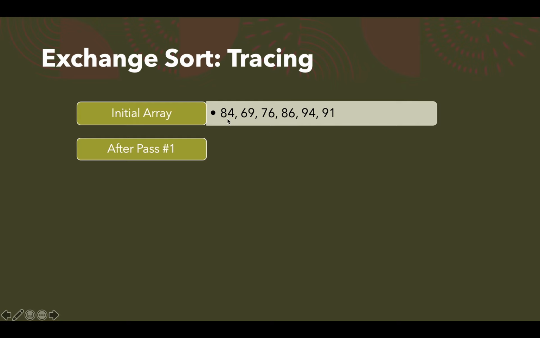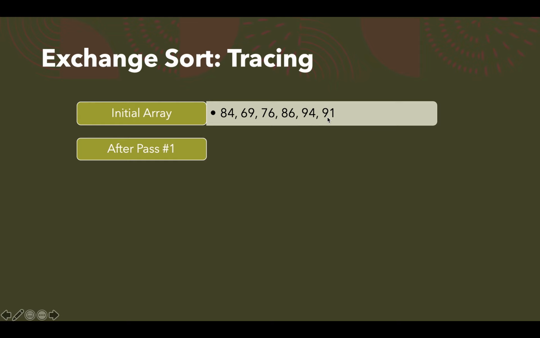Then 86, because ith element is 86 after the swapping 84 and 86, so 86 will be compared with 94, and 94 and 86 will be swapped. Then 94 is compared with 91, and of course 94 is greater than 91, so it won't be swapped.